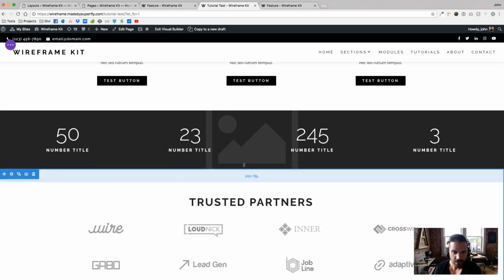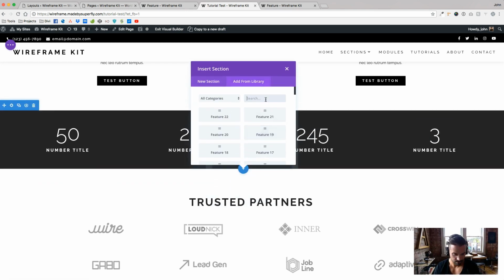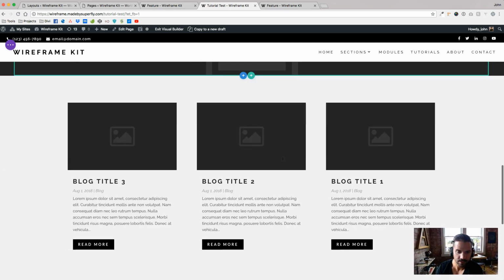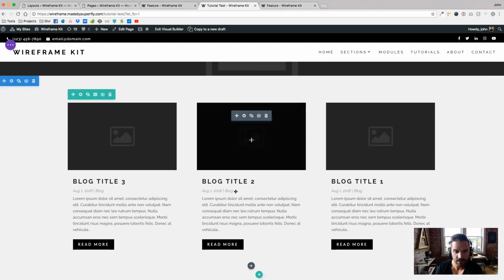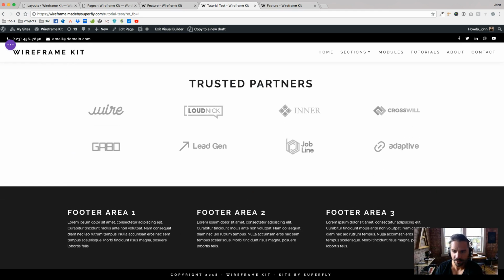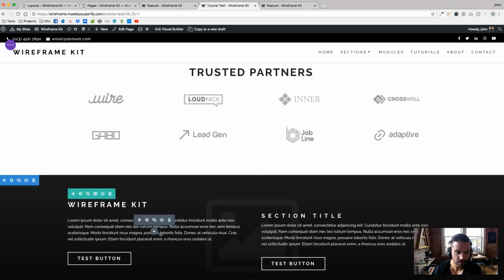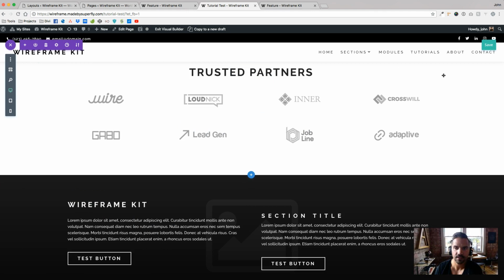And then trusted partners. Let's add a blog in. We have a few different blogs to choose from. I like blog number 2 because it gets rid of the... That looks good. Trusted partners, and then by default here's my footer, but I can add in a different footer and then hide this one and use one of these. We'll do footer 4 wireframe kit. Great. Let me save this guy,